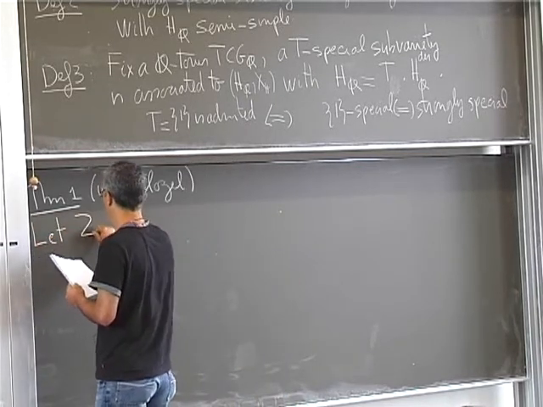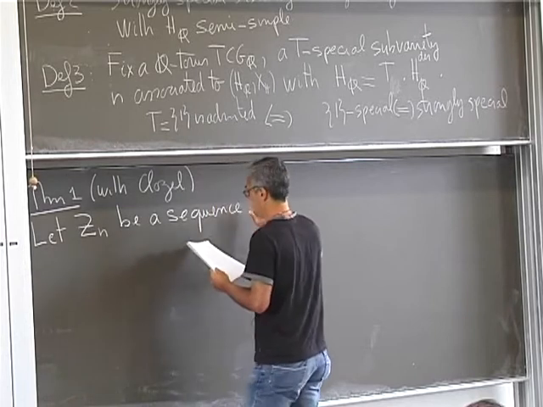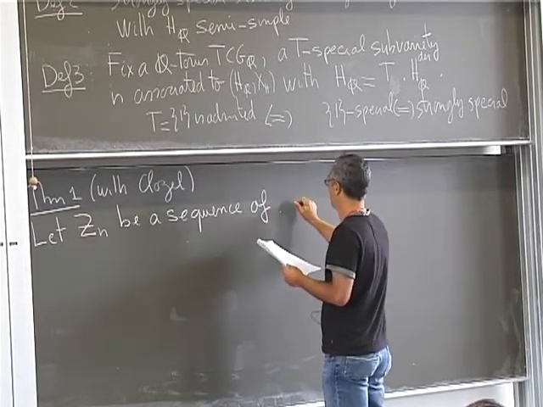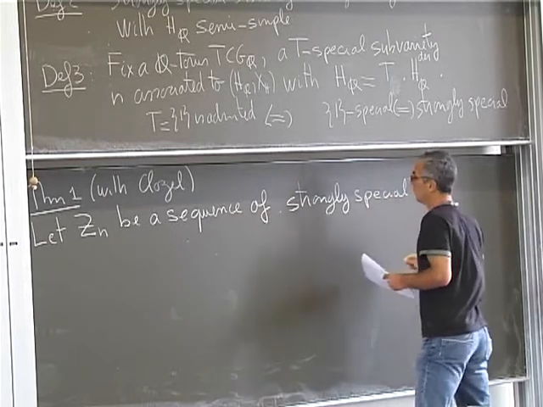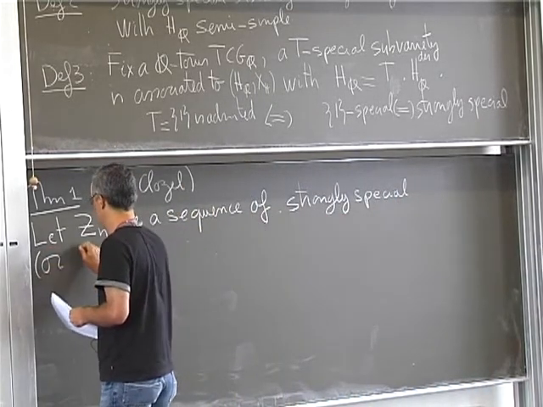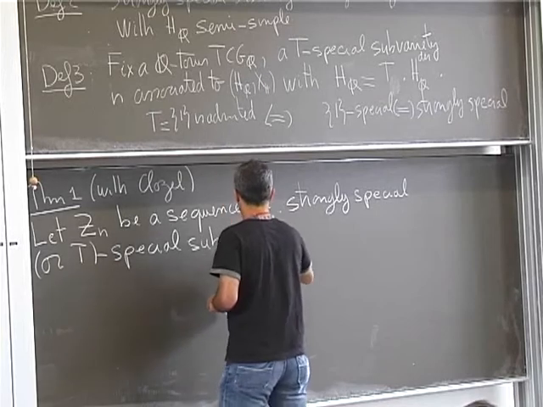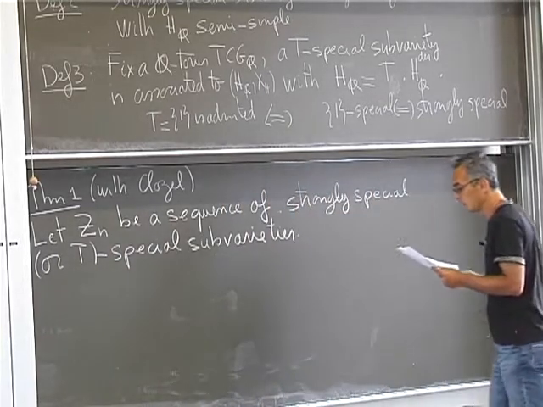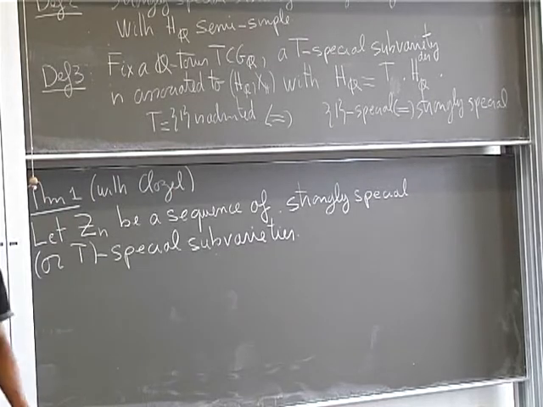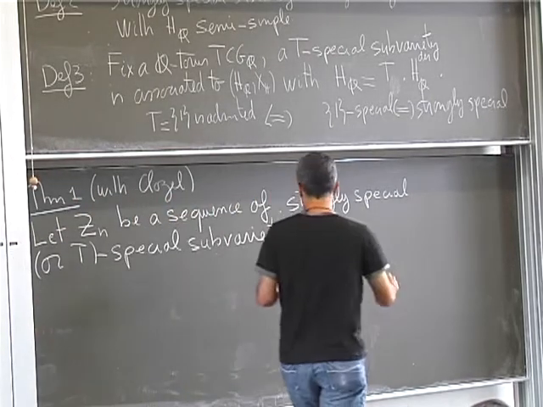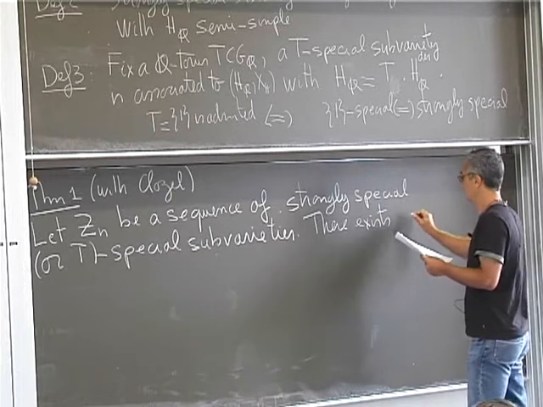So let Zn be a sequence of strongly special or T-special subvarieties. Then there exists a